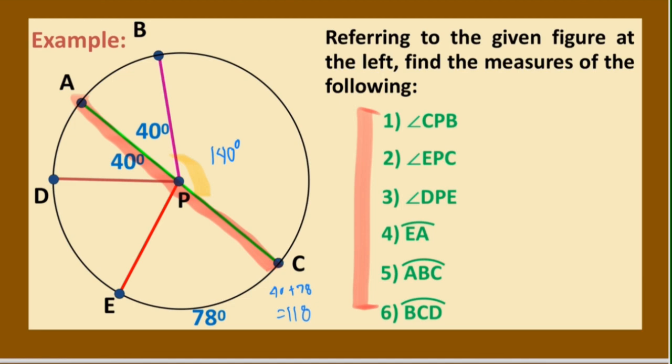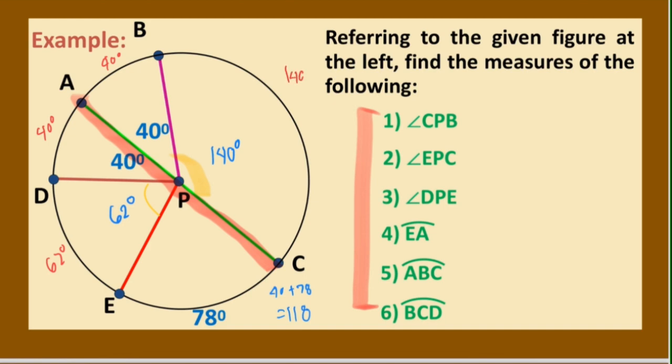What are we looking for? This angle naman, DPE. So 180 minus 118, you will get 62 degrees. Okay? And now, the image is complete. And remember, based off of the first theorems that we have discussed, the measurement of the central angle is the same for their arcs. So, I'll use a different color for the arcs. This is 40 degrees for AB, 40 degrees for AD or DA, 62 degrees for DE,